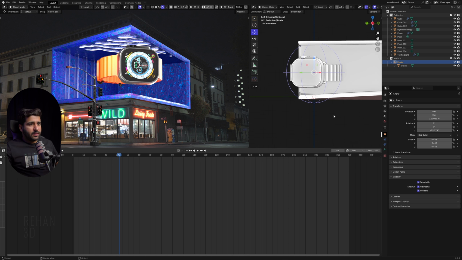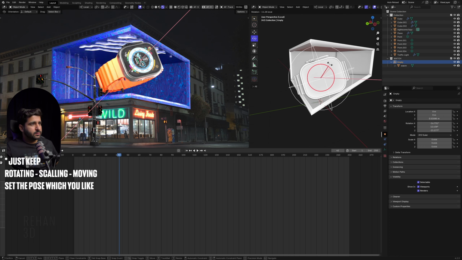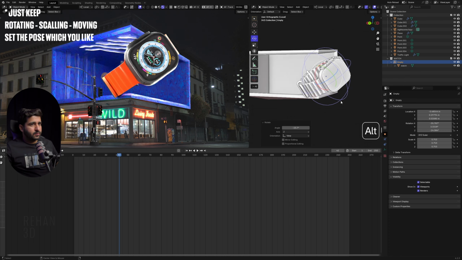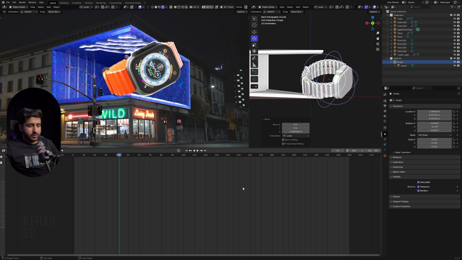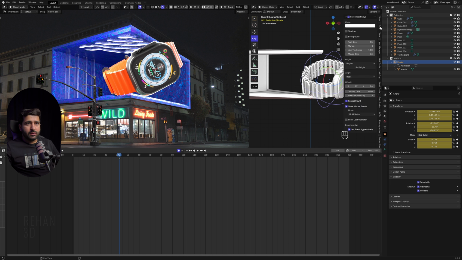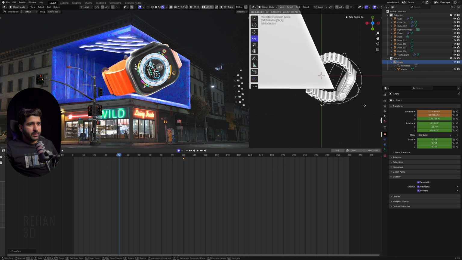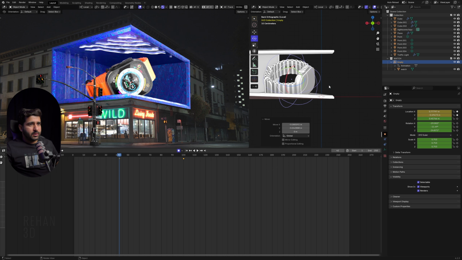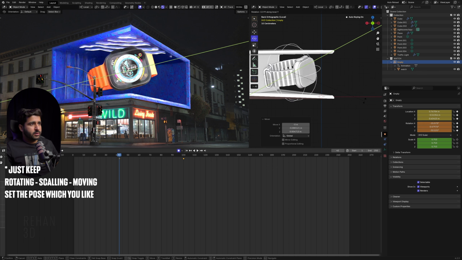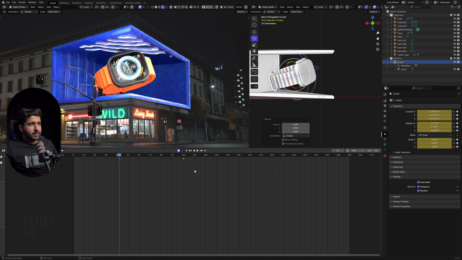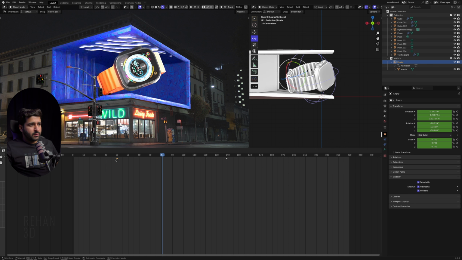So simply I will, okay, here I will add our first keyframe. Let me turn on this auto keying option, press I, go into the tool item and make sure all keyframes are added, because sometimes it adds only 2 or 1, so this creates an issue later. So just make sure. Now I will move it to frame 100, and now I will create a keyframe here like this and scale it down like this and move them again. Okay, so this will be my first frame like this.